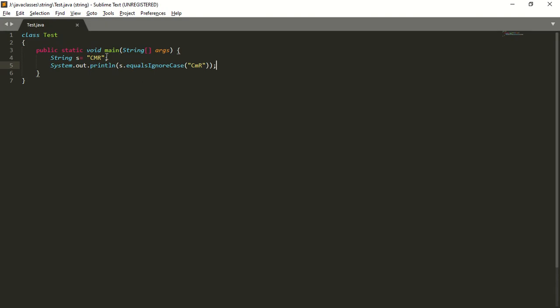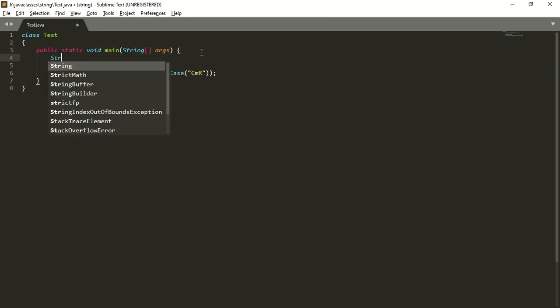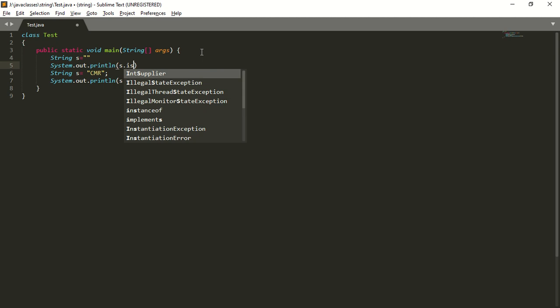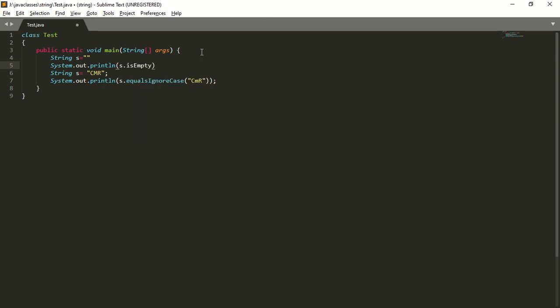String s is equal to, here I am going to take an empty string. Next, System.out.println, here I am going to call the s.isEmpty() method. So s.isEmpty().